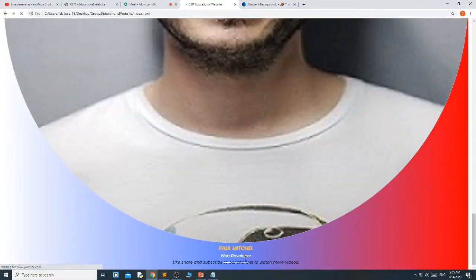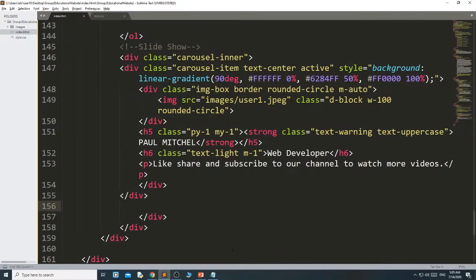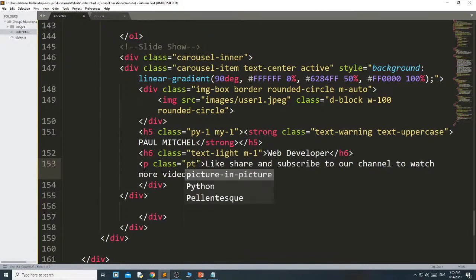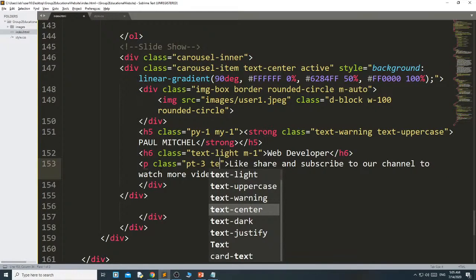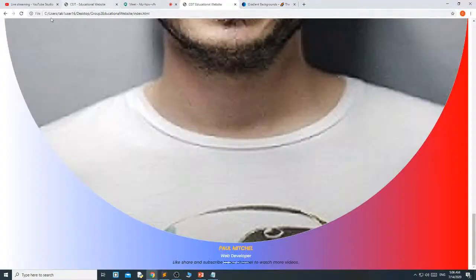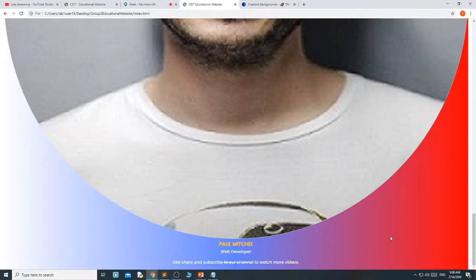It becomes white color. Then for the paragraph, class pt3, then text white.